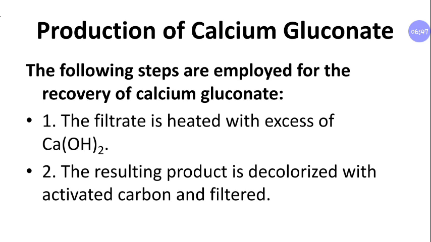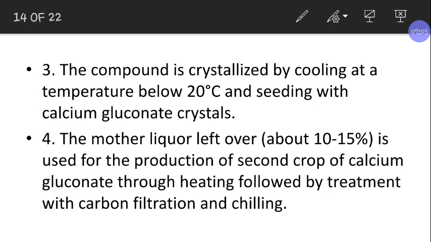Production of calcium gluconate. The steps are: the filtrate is heated with the excess of calcium hydroxide and the resulting product is decolorized with activated carbon and filtered. The compound is then crystallized by cooling at a temperature below 20 degrees Celsius and seeding with calcium gluconate